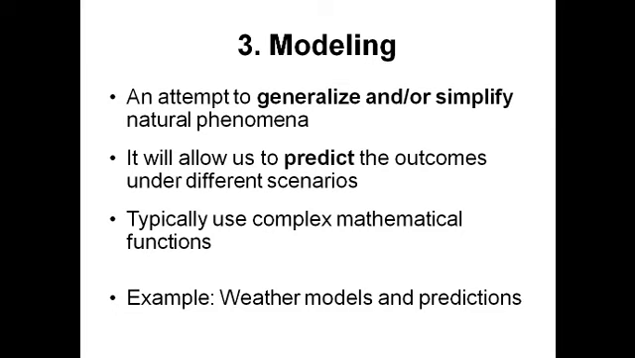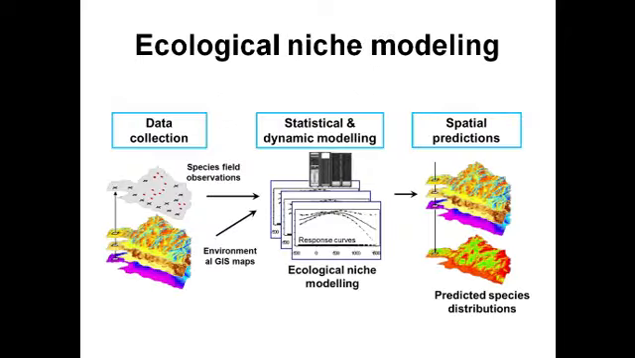And we can use these models to predict the outcomes under different scenarios. And always you need to use mathematical algorithms and computational power to run models. Some examples are weather models. So we hear the predictions of the weatherman every day, and they are doing it based on some weather models, right? And in ecology we are using lots of models, but I'm gonna stick with one kind of model to explain